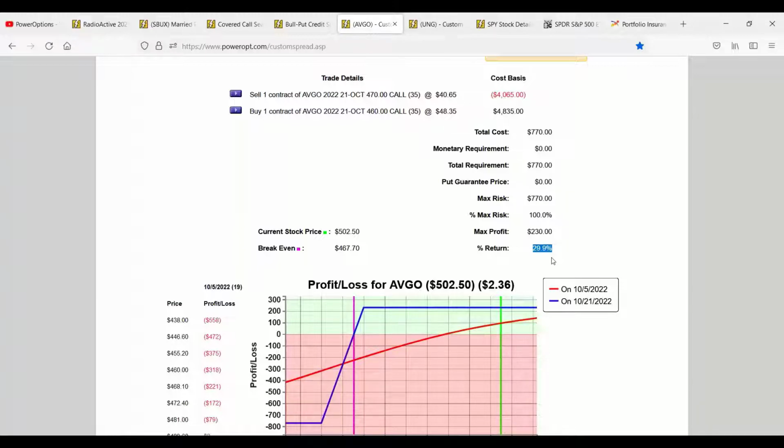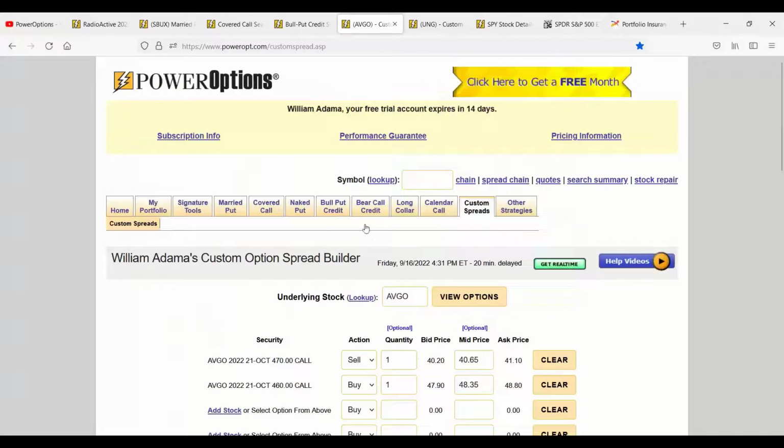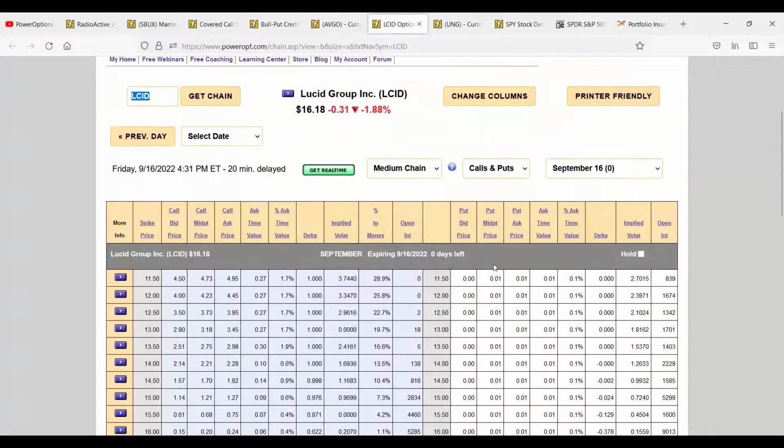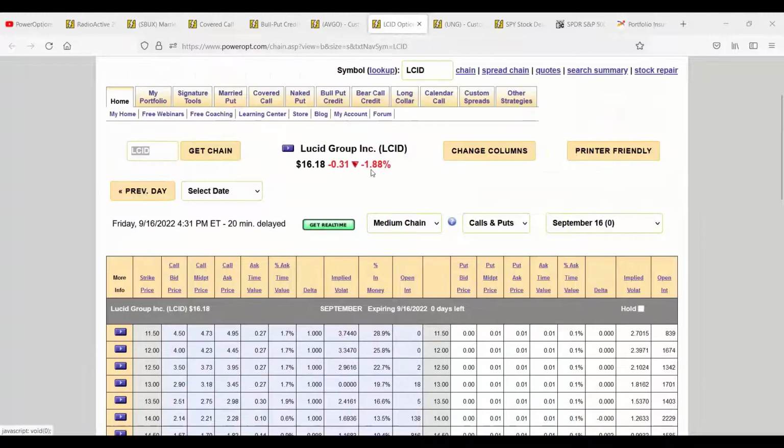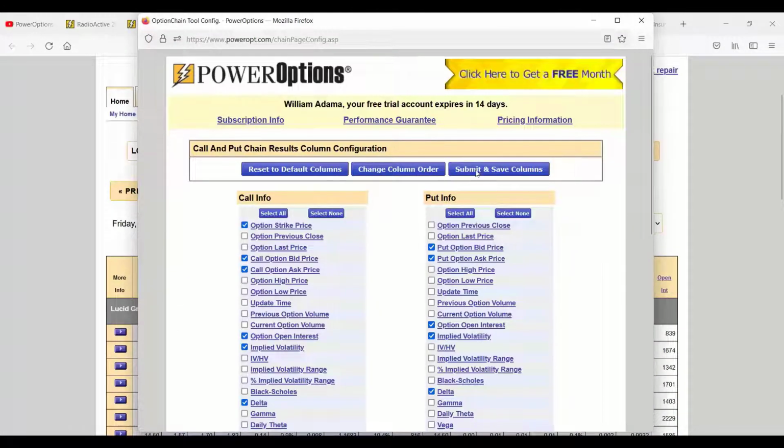Now, by the way, I just showed you one way to do it manually. For those strategies I just mentioned, there's an easier way to do it. If I was interested in our first position, Lucid, I just go to the option chain. Now, the option chain here, I don't have it selected, but what we show on the option chain for the call chain or the put chain is that you can select to view,